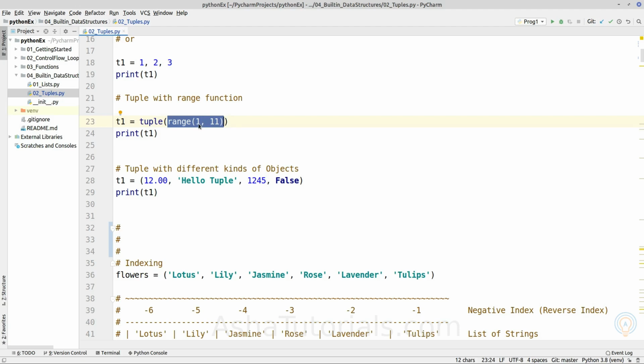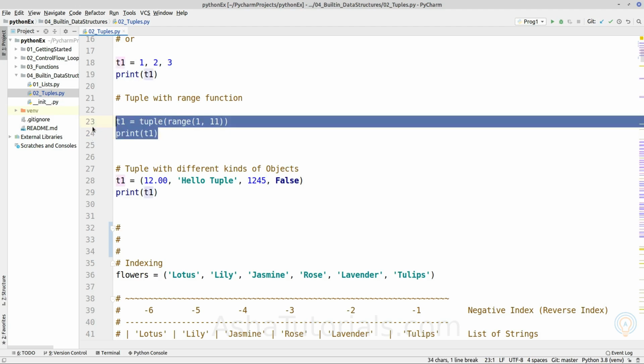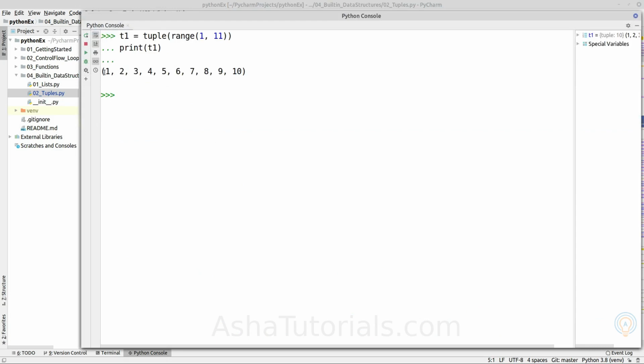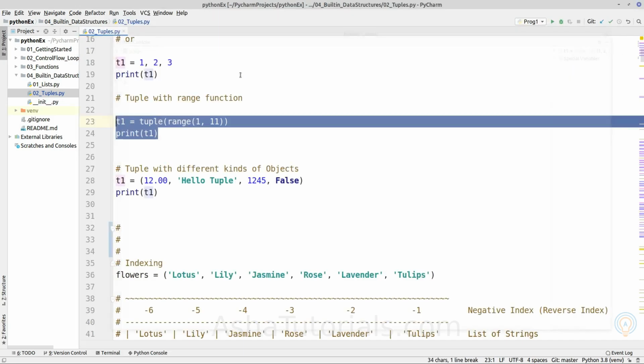This range object will iterate from 1 up to 11, so the integers 1 to 10 are returned. If we print it, as we can see, it constructs a tuple object containing the values returned by the generator function which was passed to the constructor.